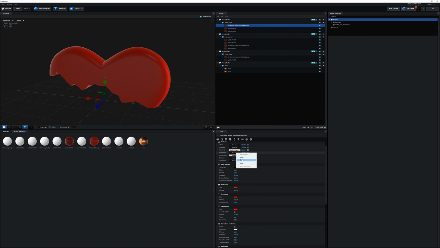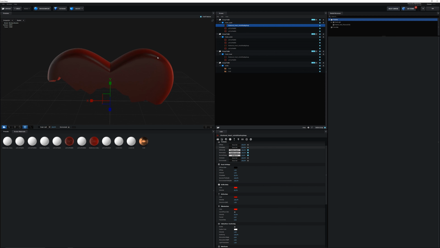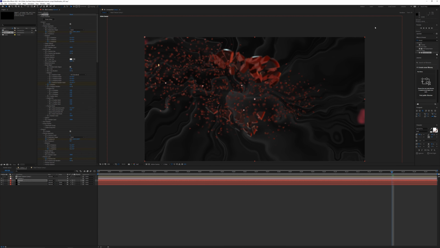So based on the frame you're on, your heart might be black or it might be in between. Mine's kind of in between here. And then we can click OK. You'll notice now that parts of these are black. Now, if you wanted to fill up the inner pieces too, you can do the same thing. But for this middle section here, I do want these to be a little bit brighter.